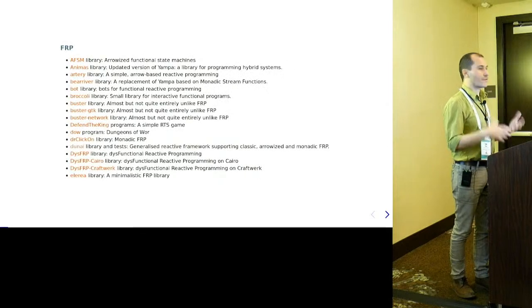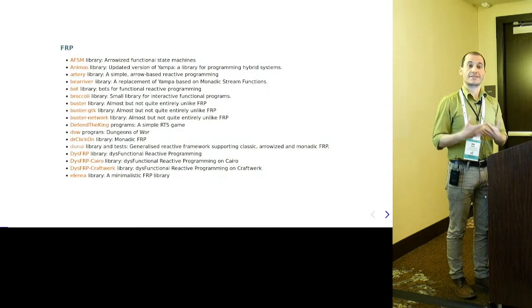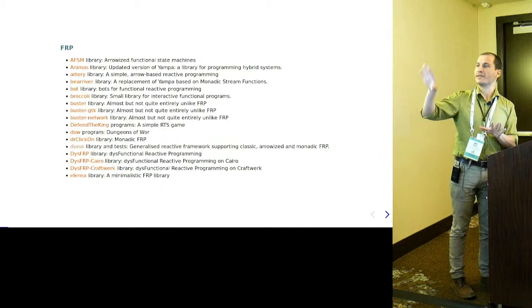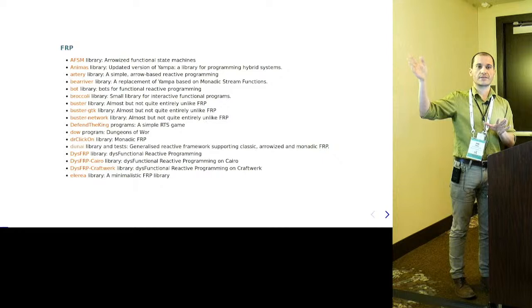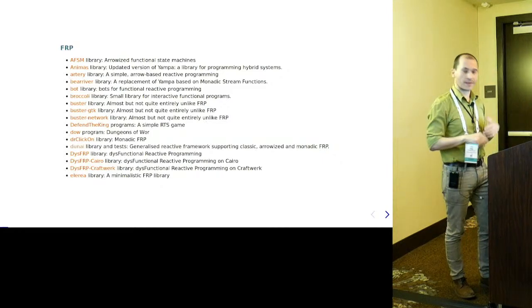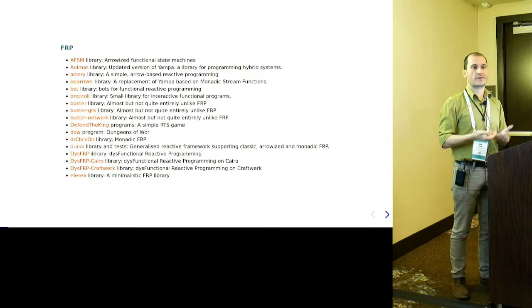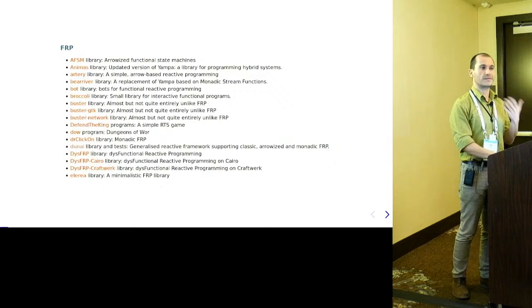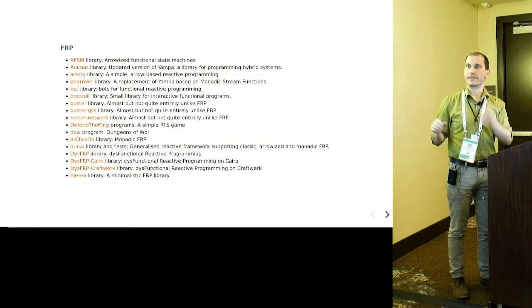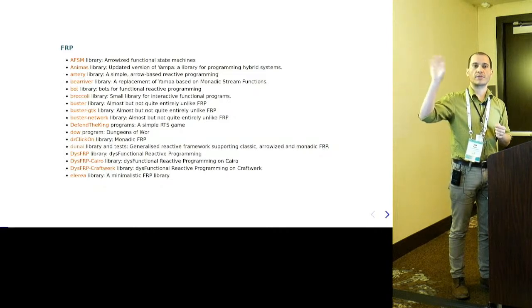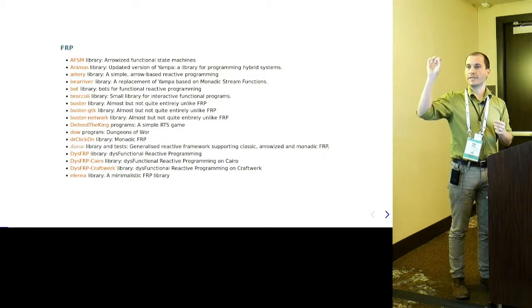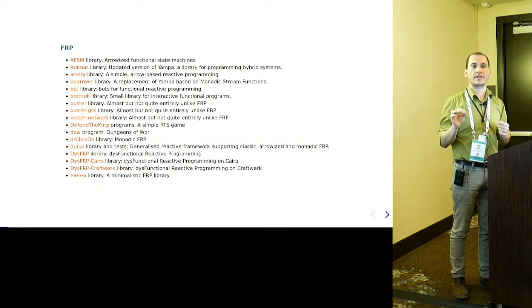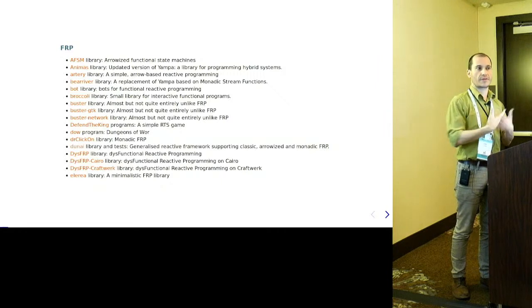And over the years, there have been tons of libraries. This is the first page, I think, of 3 of FRP libraries on Hackage, the Haskell package database. And it's very easy to create your own library. I think the core components of an FRP implementation are just 8 primitives and combinators. So it's very tempting to create a new one.